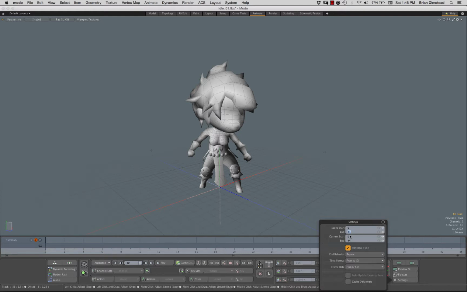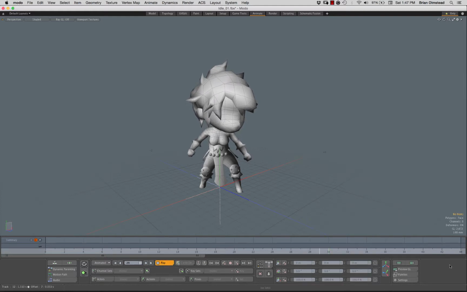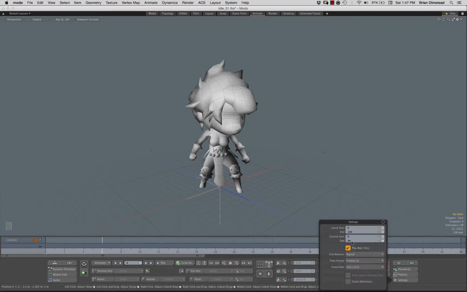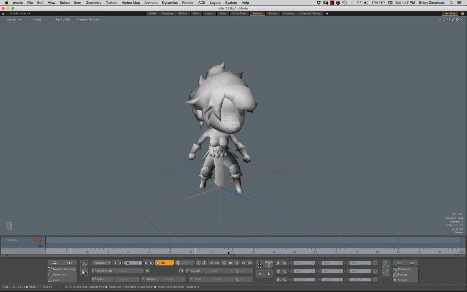So if I come in here and let's bump this up to 100, hit enter, now the scene itself has 100 frames in it, but the current start and end time is still set to 0 and 44. So when I play this animation, it's going to go to frame 44 and then start back over again. To see the rest of these frames that I just created, I can change this current start and end time. So let's increase this up to 100. Now as soon as she gets to frame 44, she's going to stop. And it's going to play frames 45 all the way to 100. Obviously she doesn't animate in those frames. We could do whatever we wanted with her. And